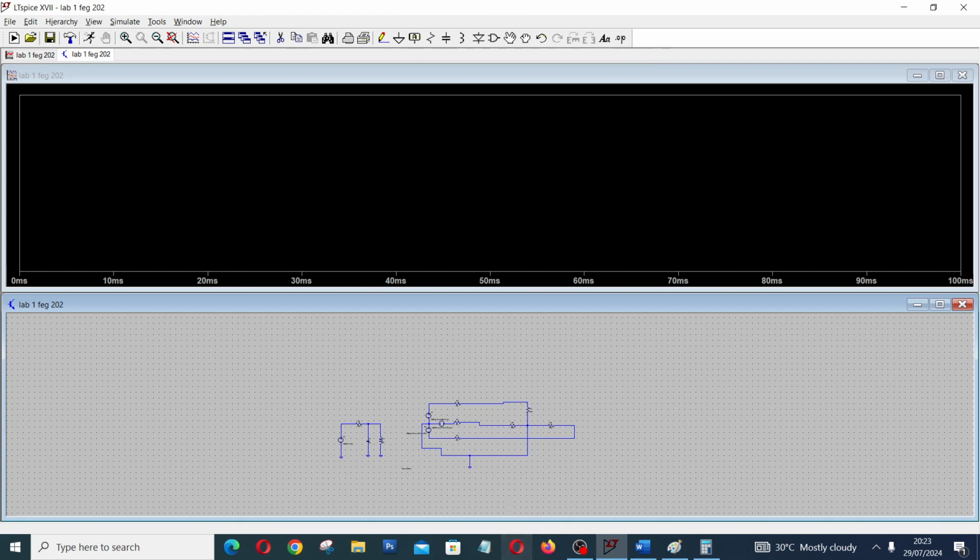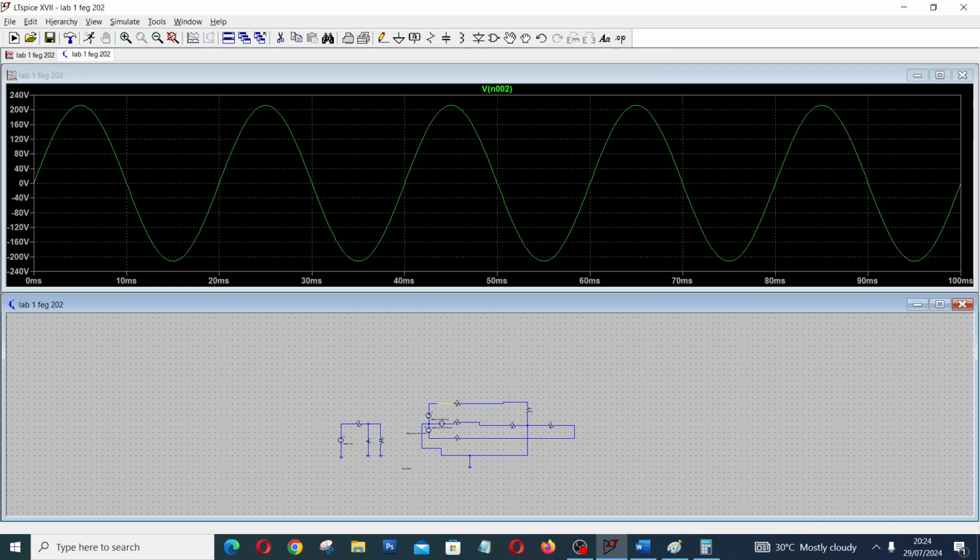So we have simulated the work. Now we want to find the phase voltage. We click on this. These are the three different phases that you can see here. This is the second phase, and this is the third phase. There's no need for me to confirm. In the previous videos I've already shown you how each of these phases are separated by 120 electrical degrees. If you have watched my previous video on the delta connected system, you must have learned that. But for those of you that did not watch it, let me quickly do a rundown